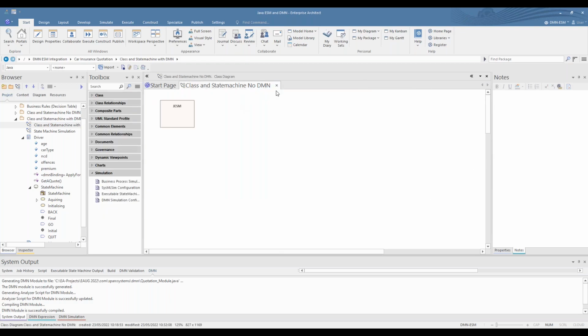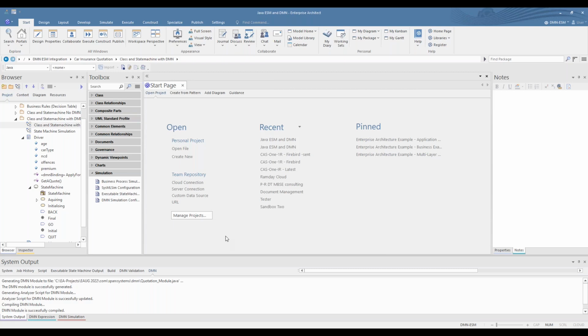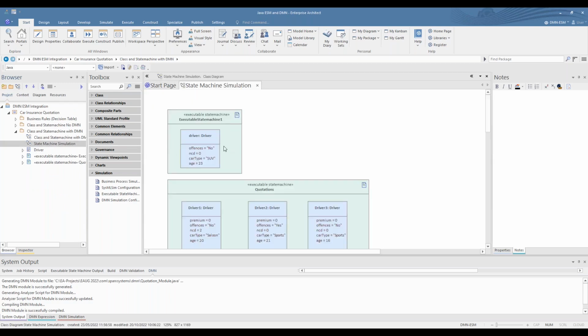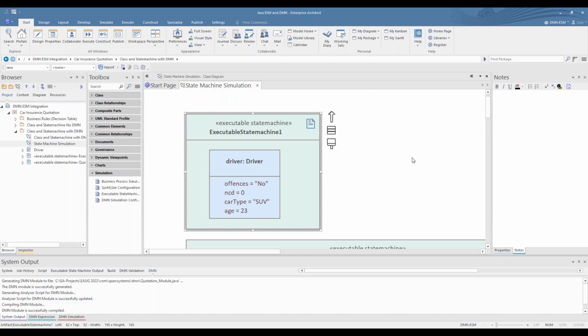Now let's close a few of these diagrams and have a look at the actual simulation itself. What you have, and I'll zoom in on this, is an executable state machine element, which you can take from this simulation section of the toolbar. You then reuse your Java class as a property in here, which gives you an instance of that Java class.